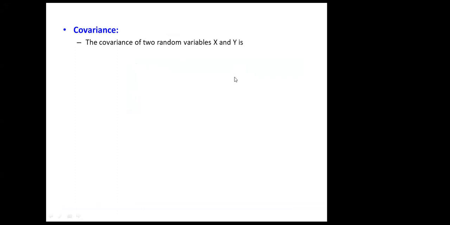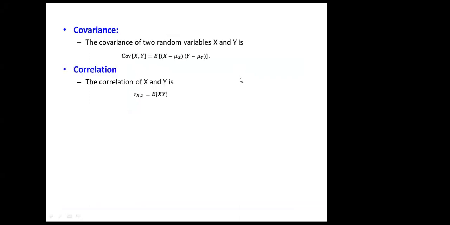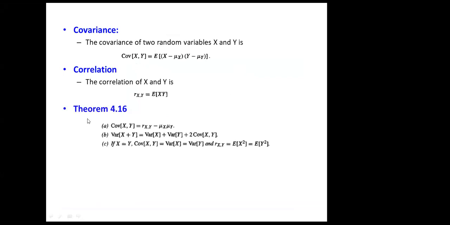Yes, sir. All right. So in the last class we talked about covariance and correlation, and we have seen Theorem 4.16. In Theorem 4.16, we have already seen three theorems, and those theorems give some relations between covariance and correlation, and also the variances and mean values. From that we have also seen Example 4.12, and in this 4.12 we were supposed to find